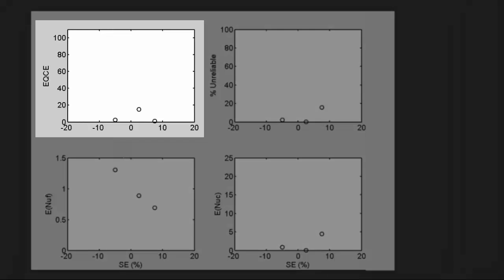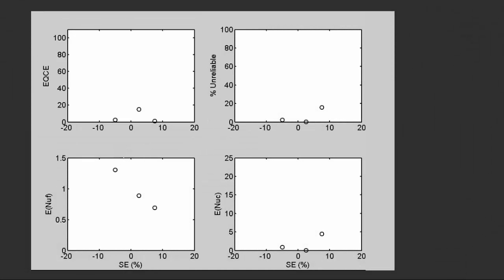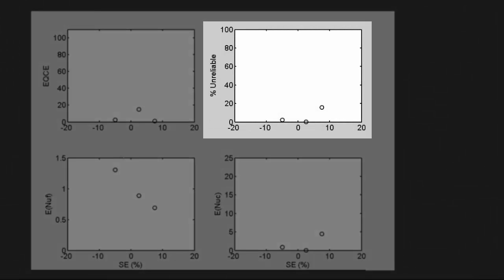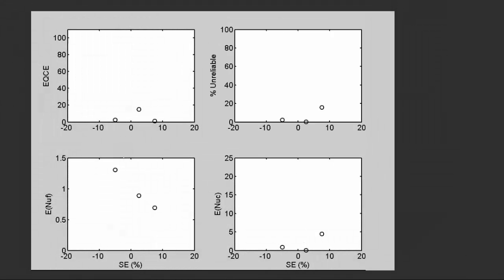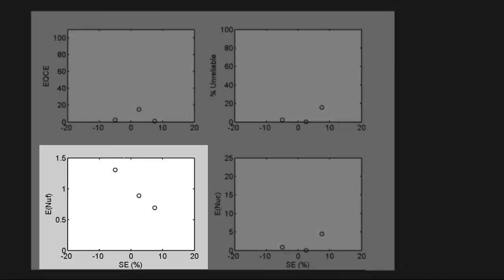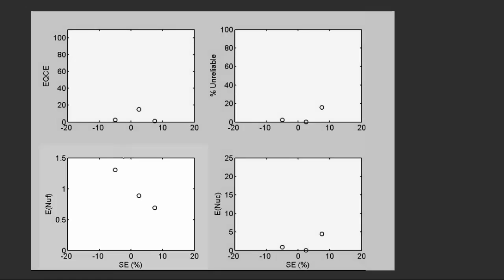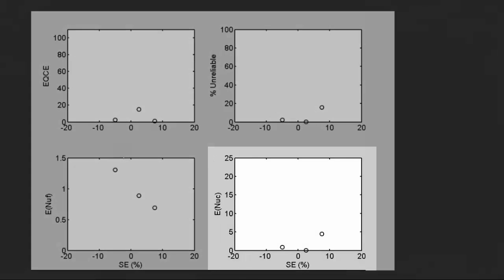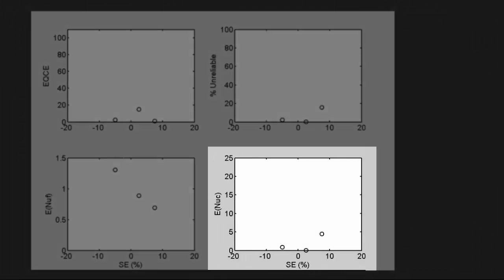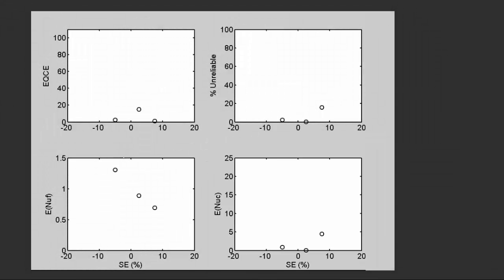This is the average number of QC events to detect the out-of-control condition. This is the percent of the results that were unreliable during the existence of the out-of-control condition. This is the expected number of incorrect results that were produced prior to the last good QC event. This is the expected number of unacceptable results that were produced since the last good QC event. The circles show the expectations that we observed in each of those cases.